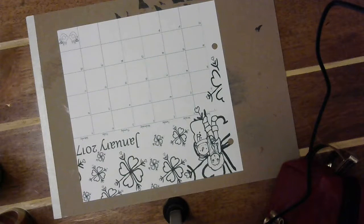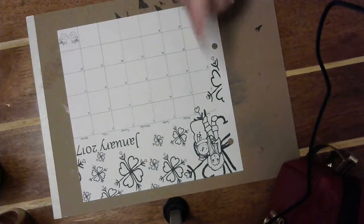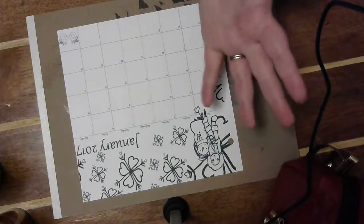Hey guys! So today I am doing a plan with me, and this is also going to be January's free digi, and also a free coloring page that is actually a calendar. So hopefully I can keep going with these calendars every month, and also have the free digi on the calendar as well. So I wanted to go with kind of a wintry theme because it is January,